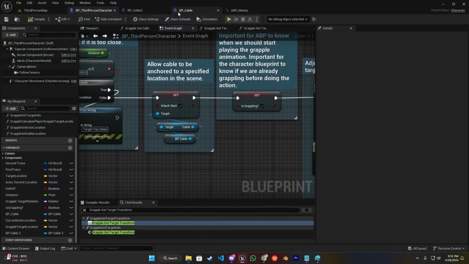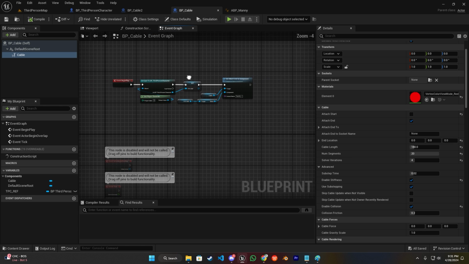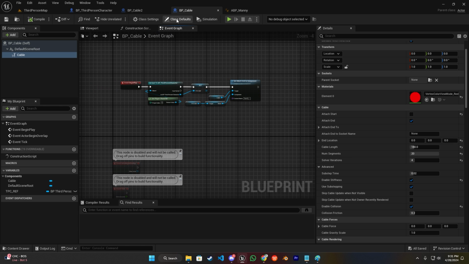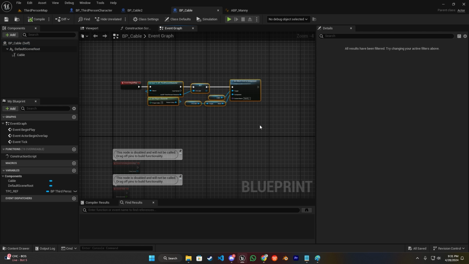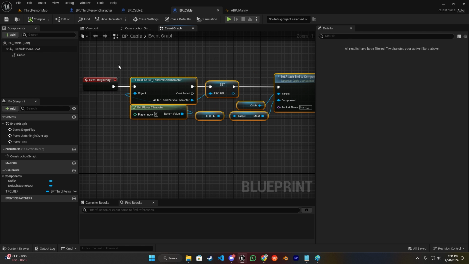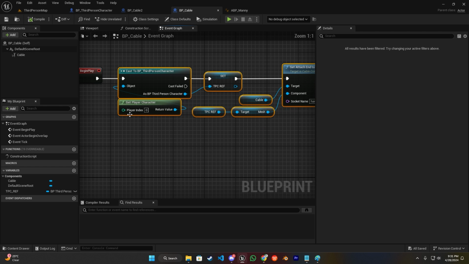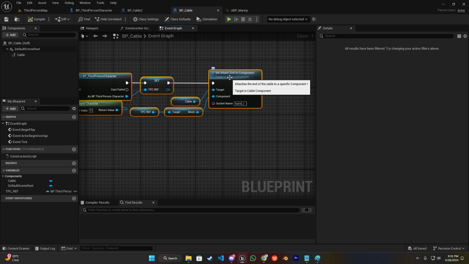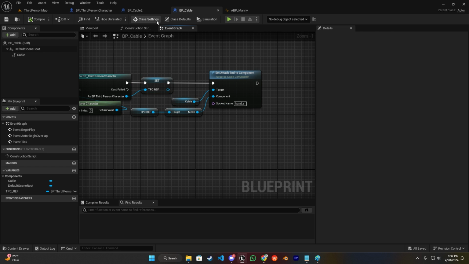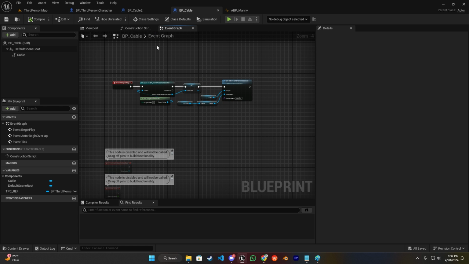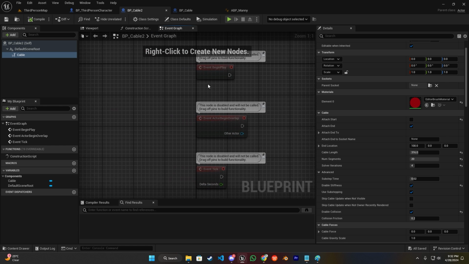Oh, we actually have to attach the cable to the character. So how can we do that? As you can see on the cable on my main actor, I have this code on the begin play, which is to cast to the third person character. And then we set the attach end to component, basically saying, hey, attach the end of that cable to the hand of the character. That's basically it. So I'm just going to go to the BP cable,